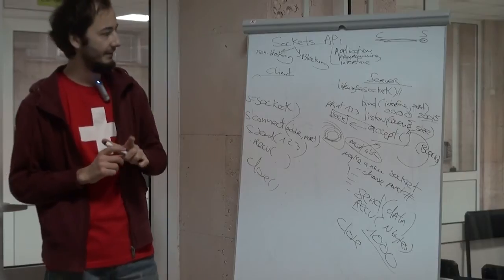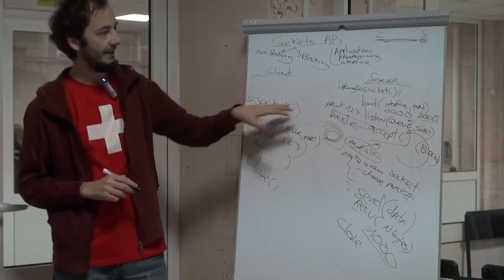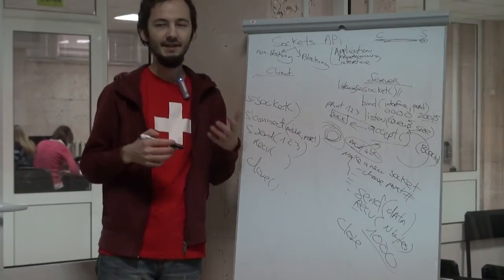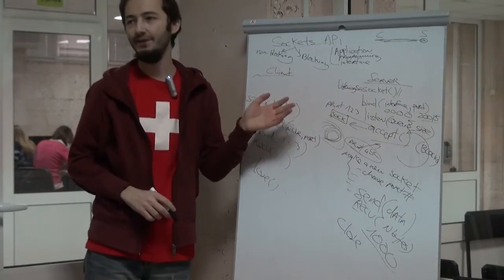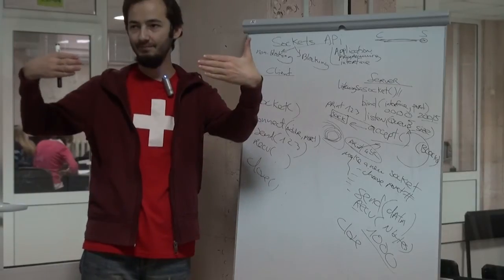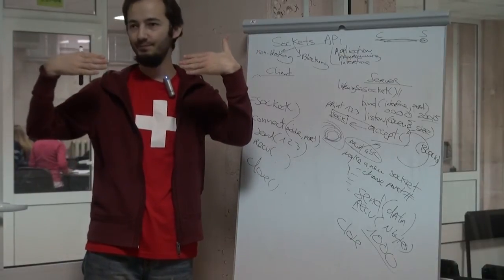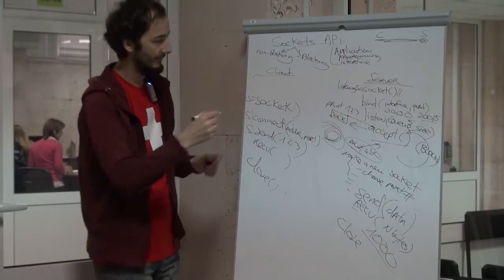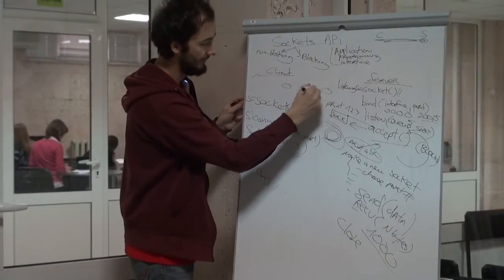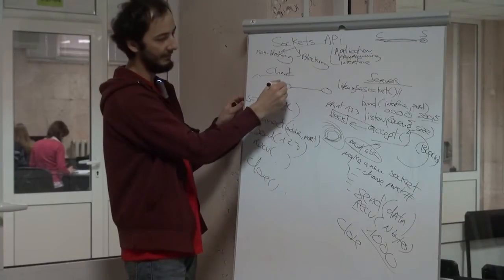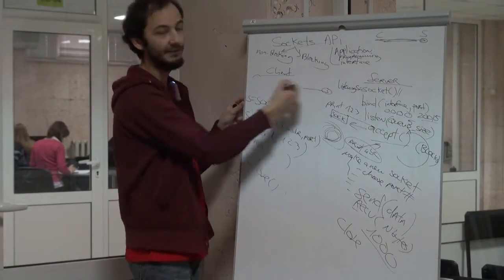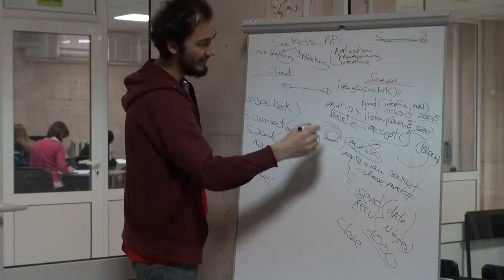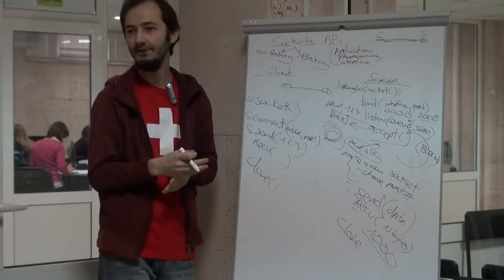Keep in mind that once the connection is established, you don't say that the server is more important than the client. They are equally powerful peers. The client can send and the server can send. The client can receive and the server can receive. Either of them can call the close function and terminate the connection.